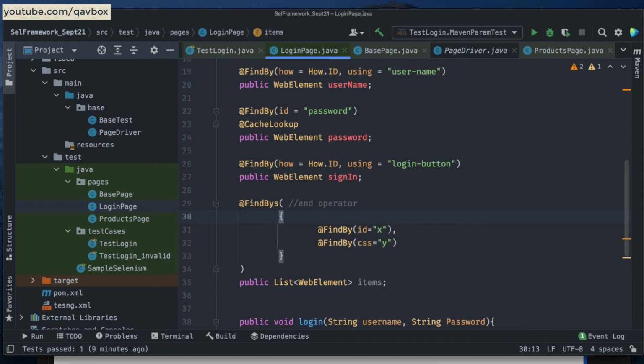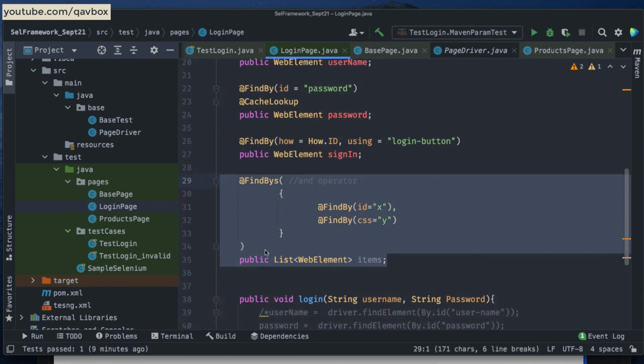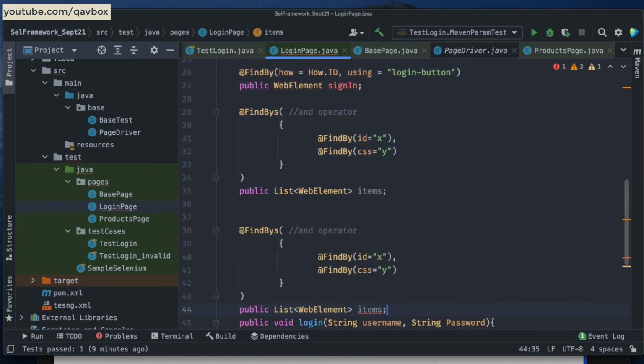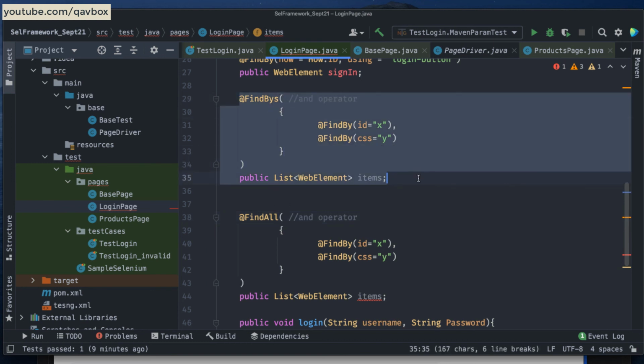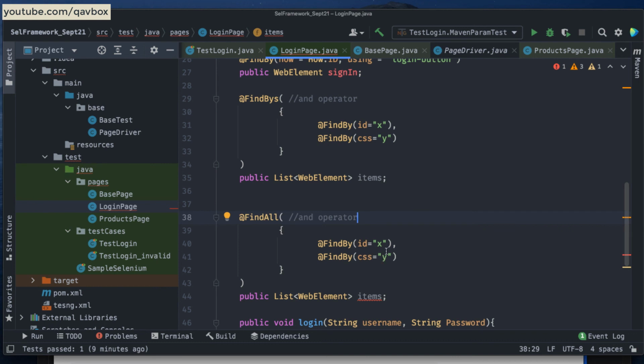In the same way, you have something called find all. So let me give you another one. This is my find all. Now this is the same way how you are using find bys, but in this case it will search if one of these matching criteria is matching, or one of these locators is matching. So this is basically your OR operator.